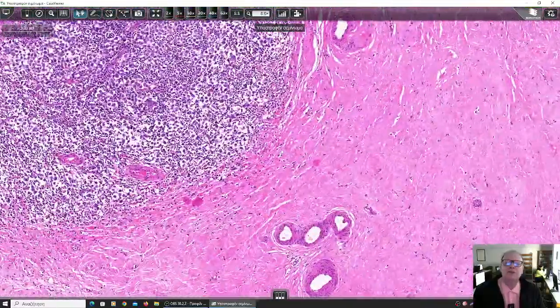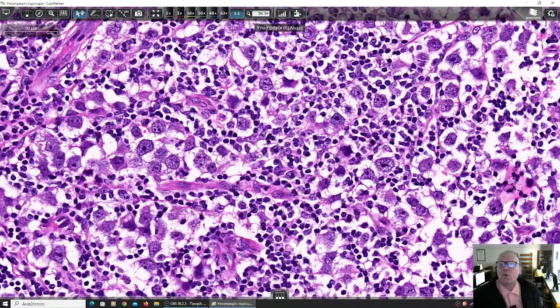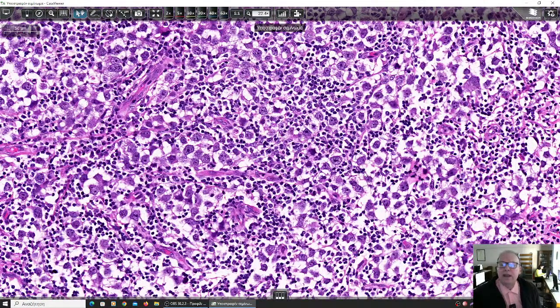However, there are some tumor cells which have clear cytoplasm and a lot of lymphocytes around them as an evidence of immune response of the host. And these lymphocytes are located in these septa. This is one type of germ cell tumors, and if we have PAS stain, we'll find glycogen in the cytoplasm of malignant germ cells, and these are seminomatous cells. This is a seminoma, which is one category that can be